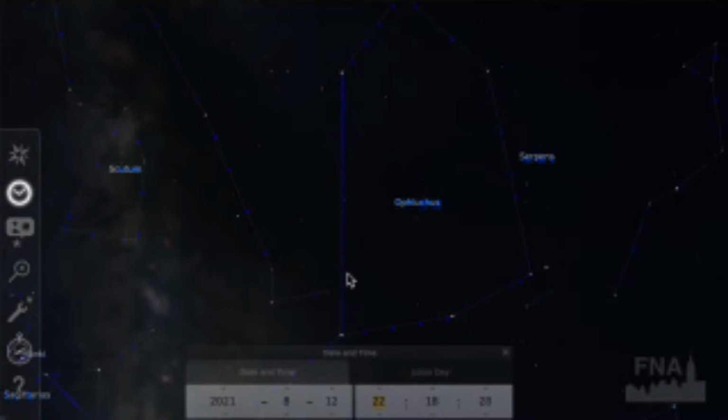So again, it's called RS Ophiuchi. RS is just the star designation. And it's about 500 light years away. Sorry, just kidding, 5,000 light years away. If it were 500 light years away, it would look a lot brighter. It's about 5,000 light years away, so that's more distant than most of the stars we see in the night sky.